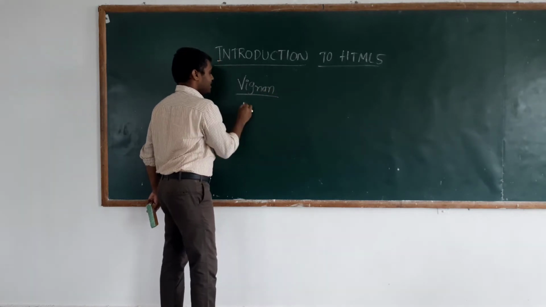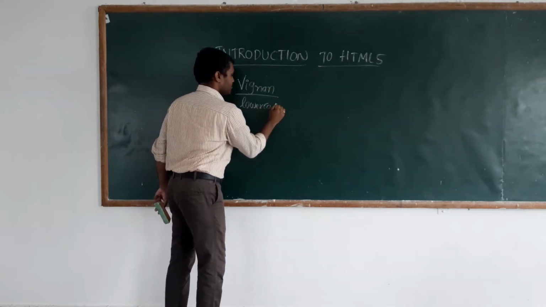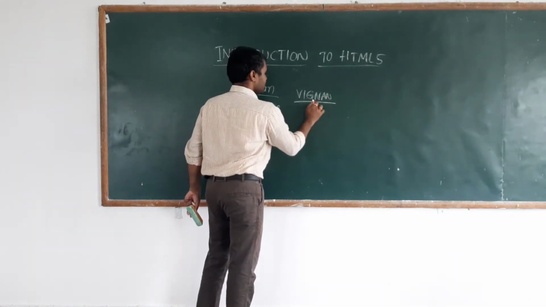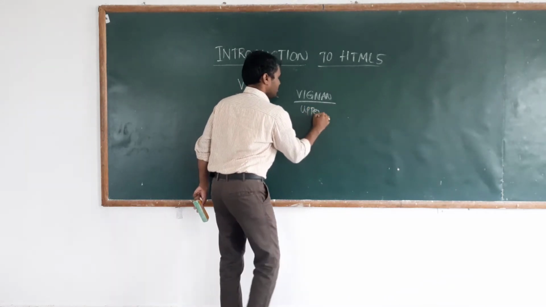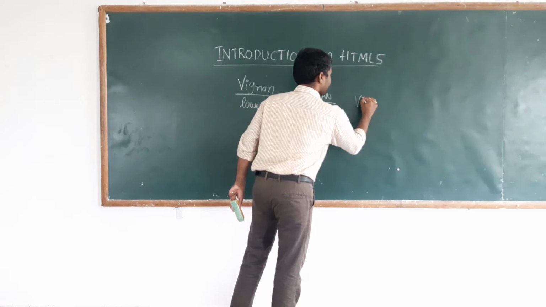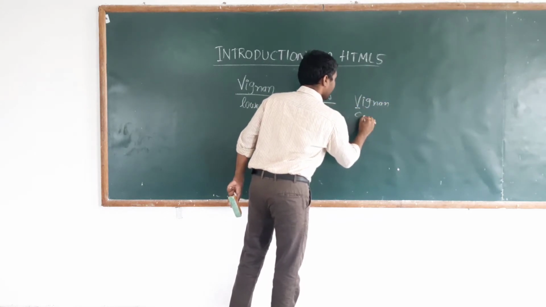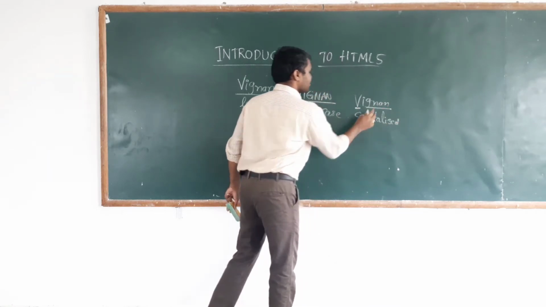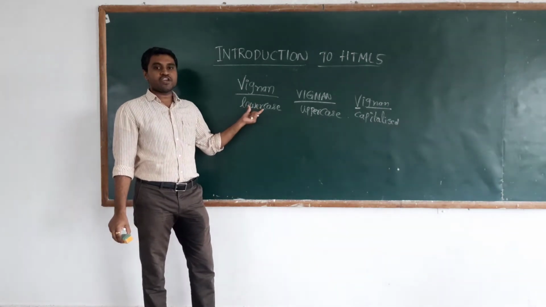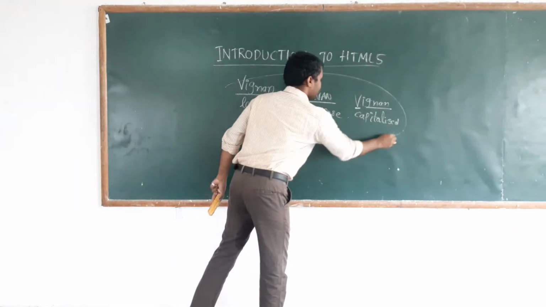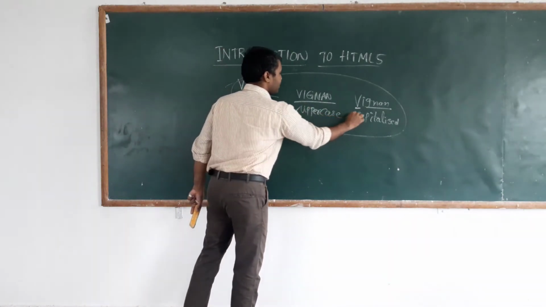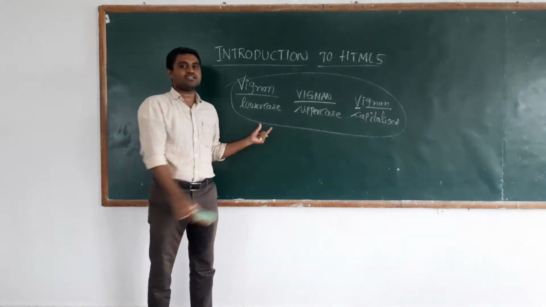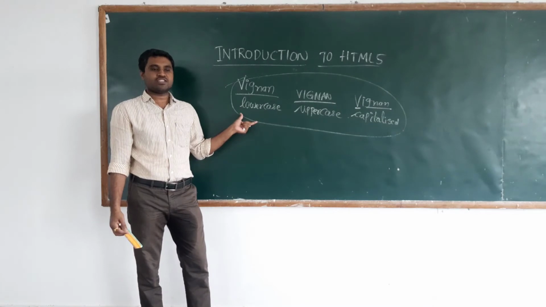VIGNAN. So you have written this entire text in lowercase letters. For example, you have written a statement like this, VIGNAN. You have written all these statements in uppercase letters. And you have capitalized only the first letter and the remaining letters are lowercase. So in the context of HTML, whether it is lowercase, uppercase, or capitalized letters, HTML always treats all these three different cases as the same. That is the meaning of not case sensitive.